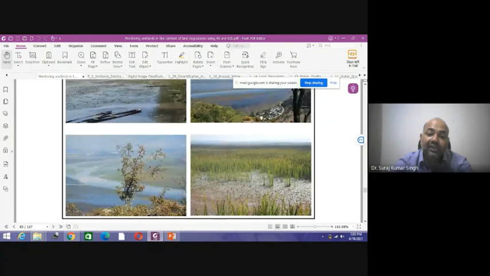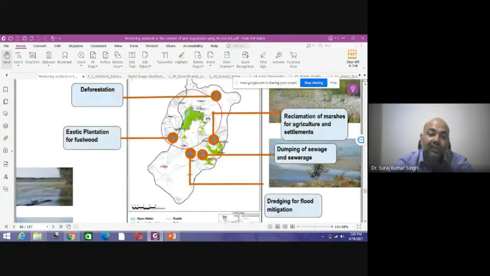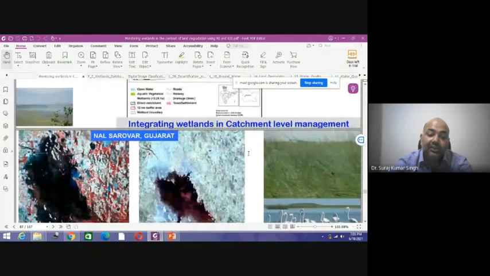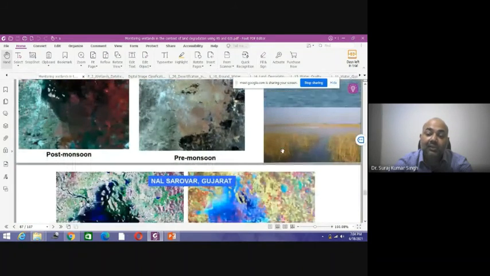So you can see various kinds of scrubs and whether the water table is increasing or decreasing, what is the water level, what is the deforestation condition, what is the agriculture, whether we are encroaching it. So such kind of real-time information can be easily obtained using satellite remote sensing with limited field checks.